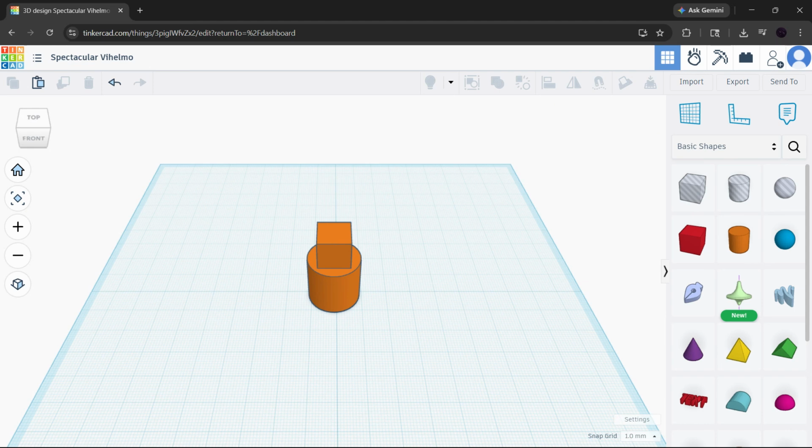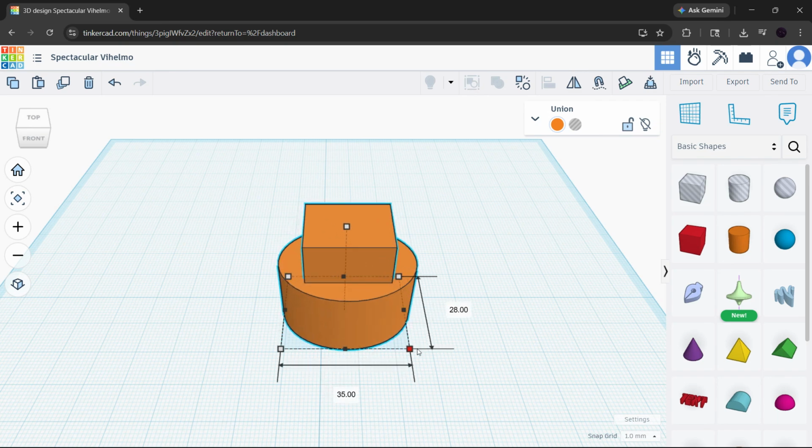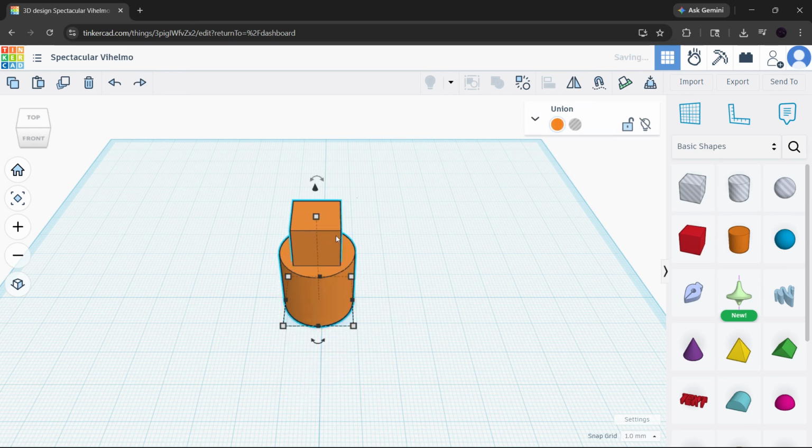First, open your Tinkercad project and select the shape you want to edit. The easiest way to modify a shape is by clicking on it, which reveals the white handles around the object. These handles let you resize the shape quickly and precisely. If you want to change the length or width, just drag the white squares on the sides. If you want to change the height, drag the white square at the top of the shape. This is one of the most basic but important editing tools in Tinkercad because it lets you reshape objects without